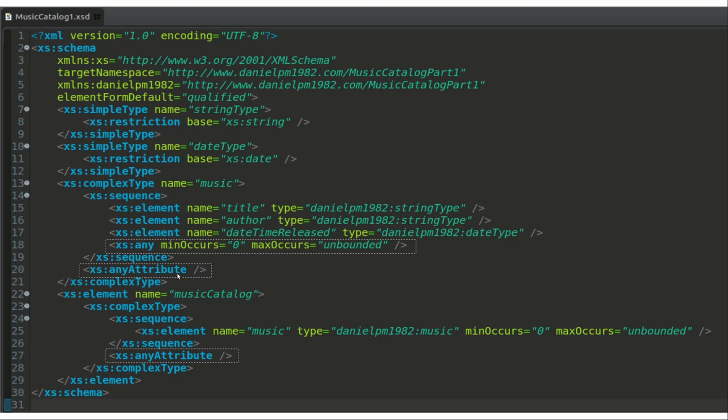And here we also use the xs:anyAttribute for setting a placeholder that can be replaced by any attribute in the instances, without any previous knowledge of what kind of attribute or name or type is expected to be used here. And then after defining the music type, we declare the root element globally with the name